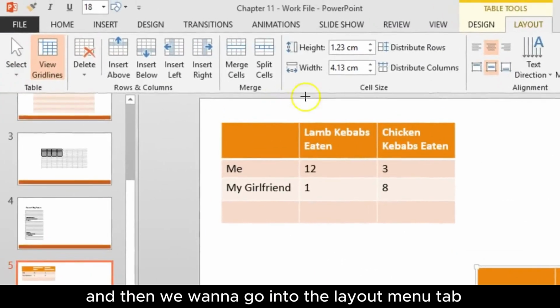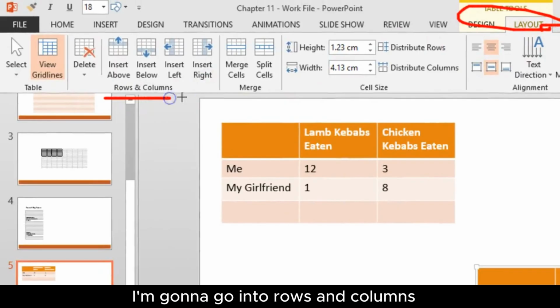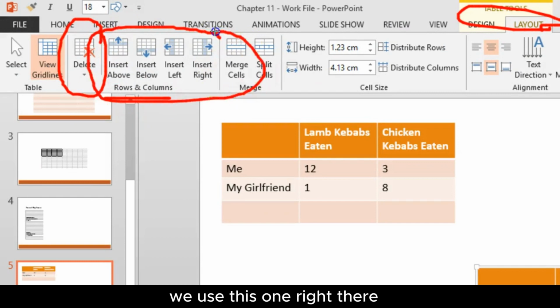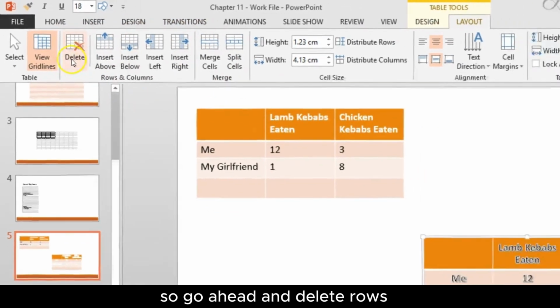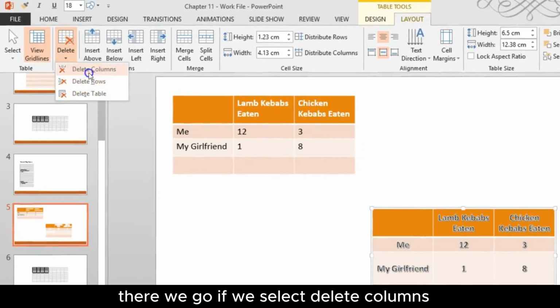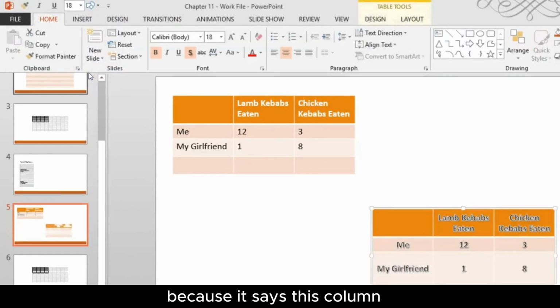And then we want to go into the Layout menu tab. I'm going to go into rows and columns. We're going to use these functions here. To delete anything, we use this. To add any rows or columns, we use this one right there. So we'll go ahead and delete rows. There we go. If we select delete columns, it'll get rid of everything because it says this column, and this